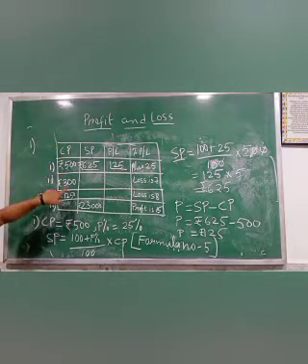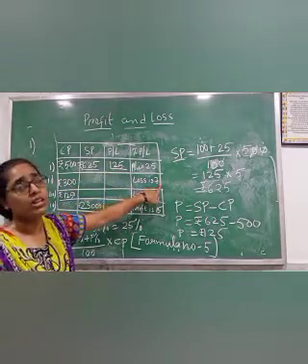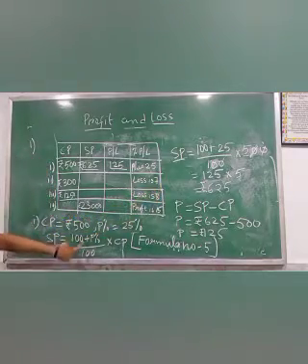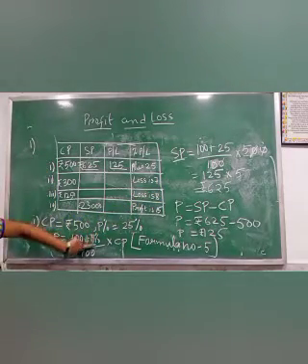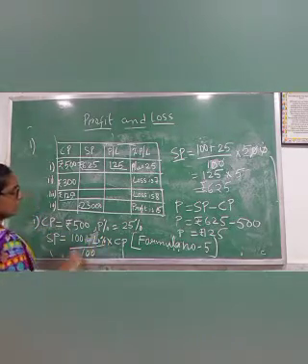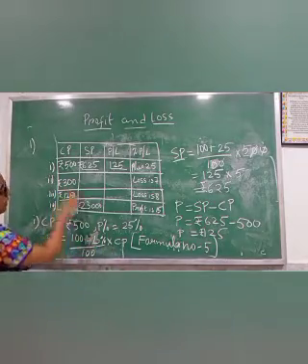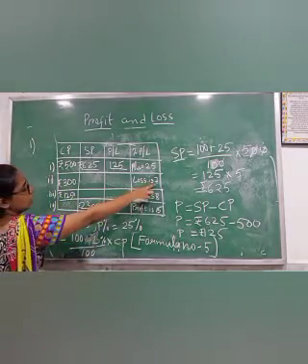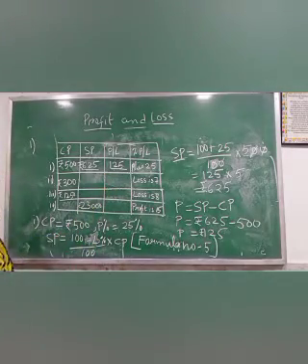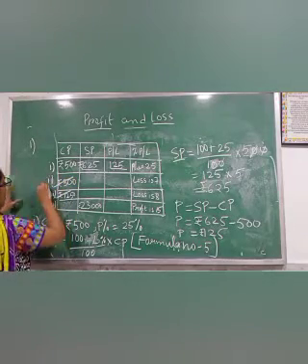In this question CP is given to you and loss is given to you. So you know the formula for loss? Formula number 6. Only where will it change? It will change here. It will become minus loss percentage. The same thing: write CP, write loss percentage, then solve it, and you will get the answer in question number 2 and question number 3. So I am giving this as homework.